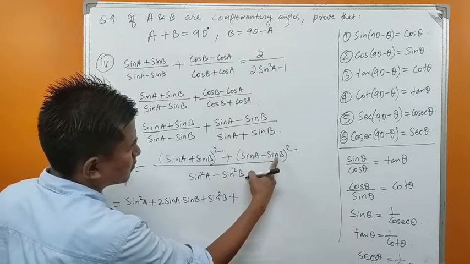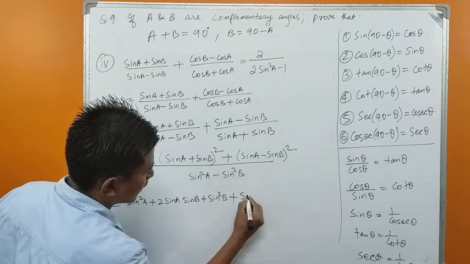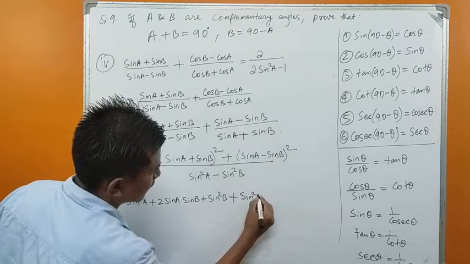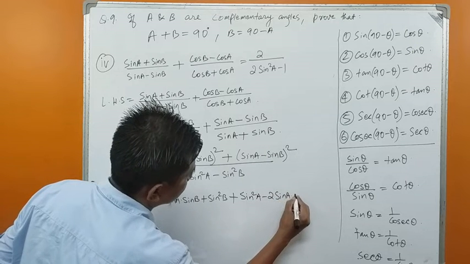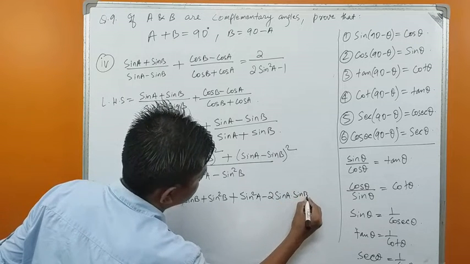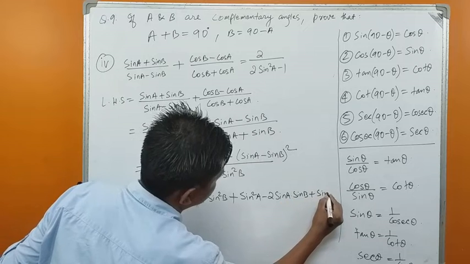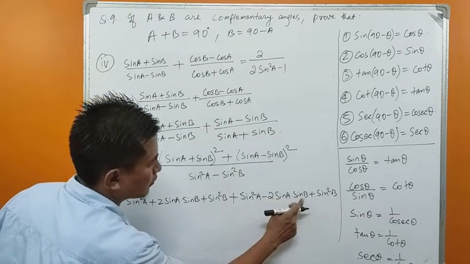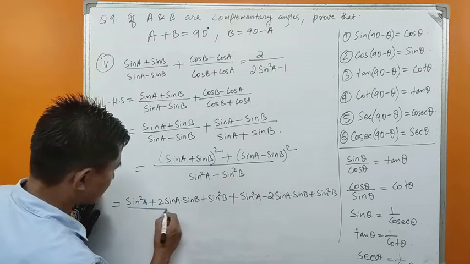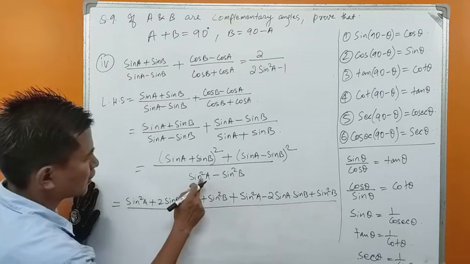So (a minus b) whole square means a square minus 2ab plus b square, isn't it? A square minus 2ab plus b square, and in the denominator we have sin square a minus sin